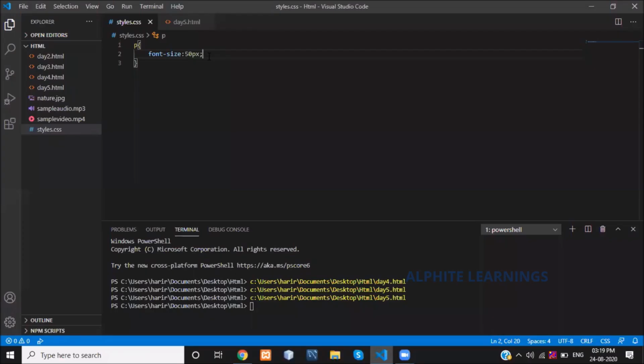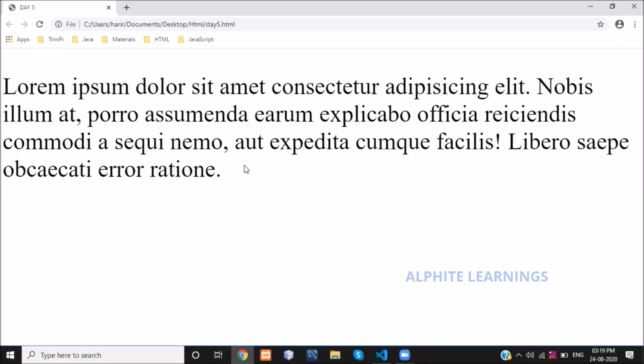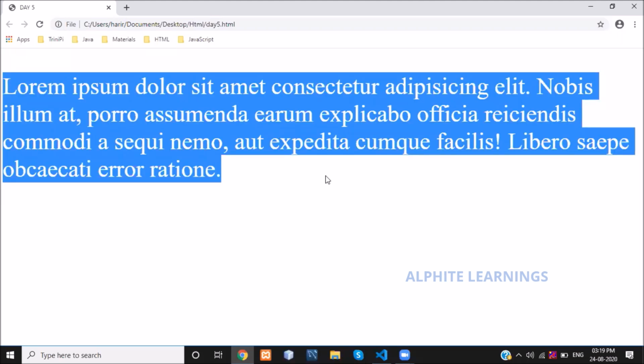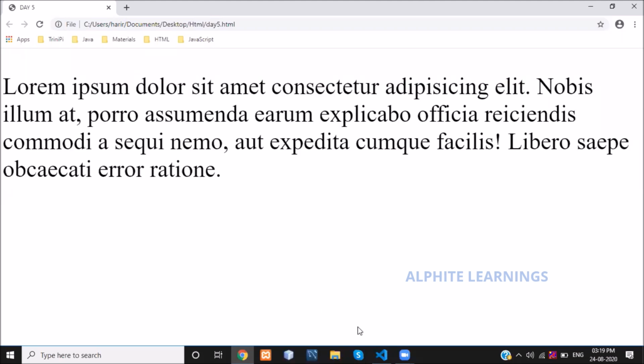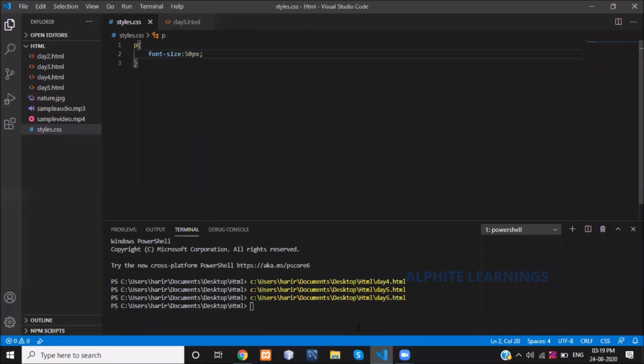What is the use of creating separate files here? If you want to specify any style property regarding this paragraph, you can simply add it in this file.